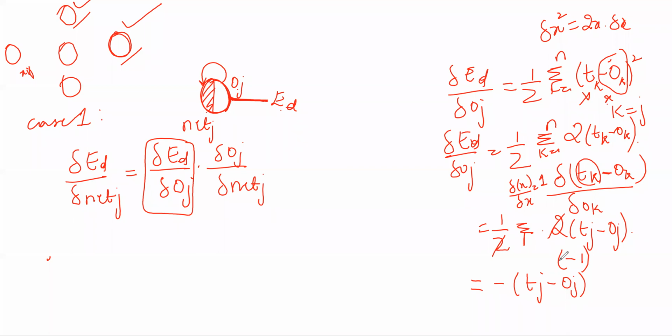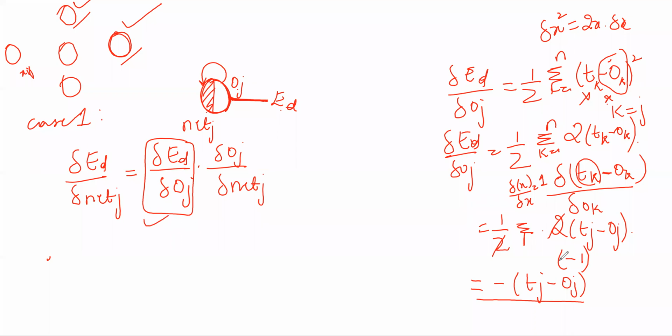Okay, so this is the first part. How did I get this? It's very, very simple. We have a loss function, the equation 1 by 2 summation of k equal to 1 to n into (Tk minus Ok) the whole square. That's basically the target minus the output, the whole square, which is our equation for the loss function. When I apply the partial derivative on that with respect to OJ, the output, I get minus of (Tj minus Oj) as my final output. So I got it for the first one.